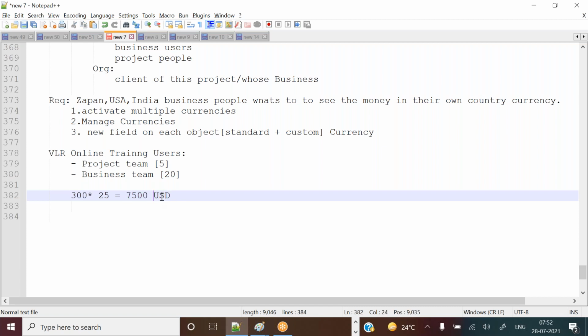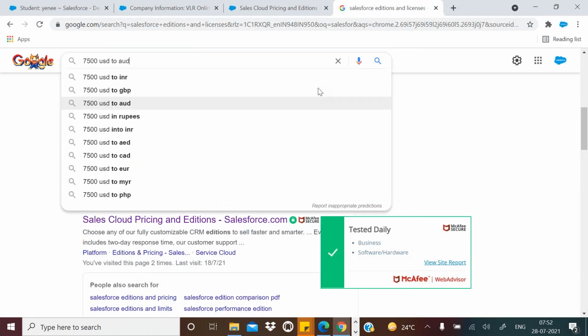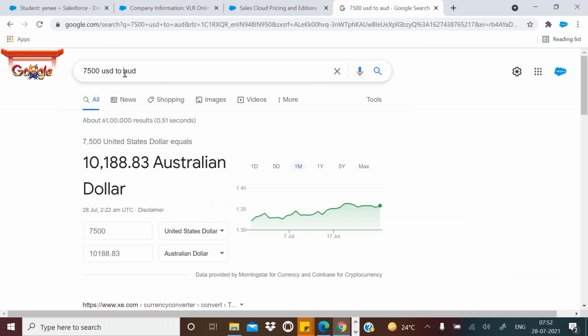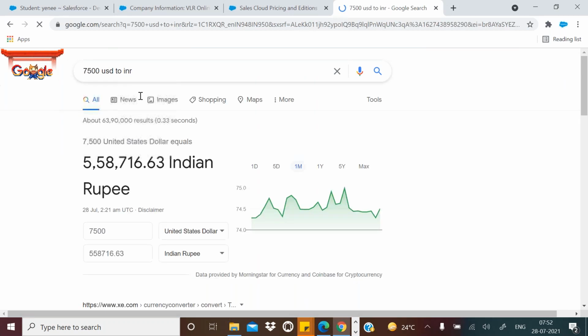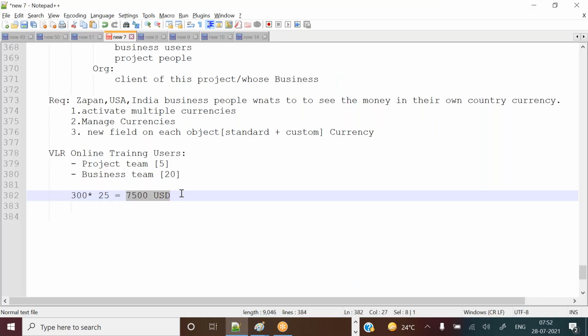See, it's totally too much, right? ₹558,000 per month. VLR Institute they need to pay.